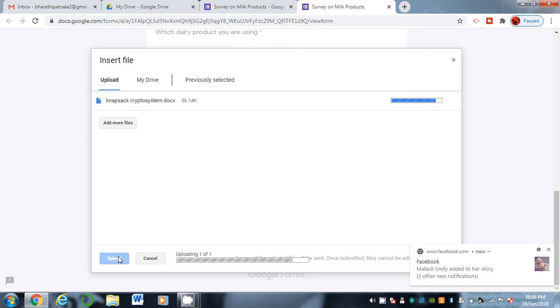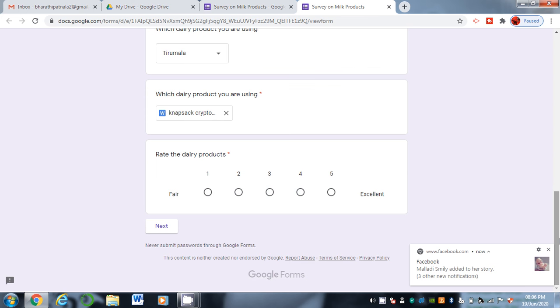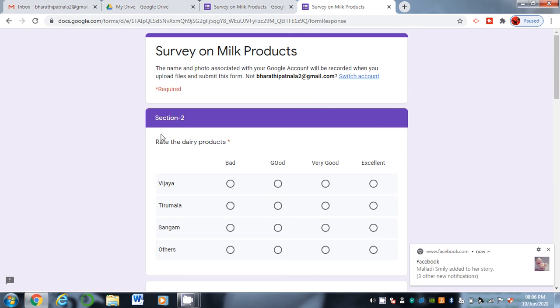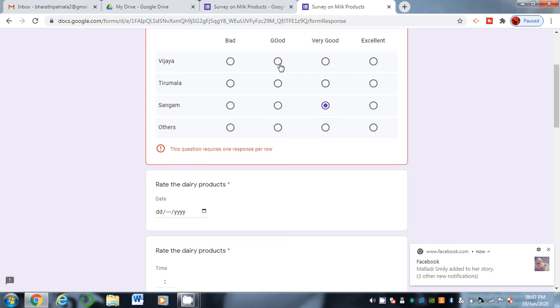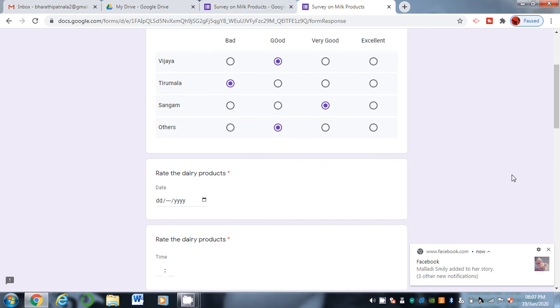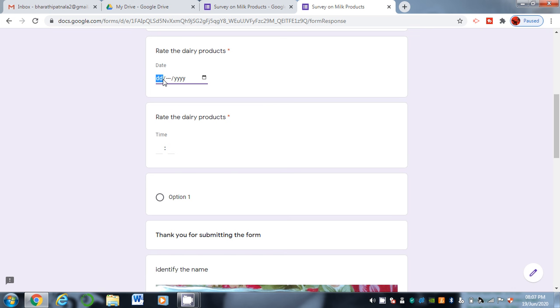Upload it, and also rate the products, and you can go to the next section. Click the next button, and it automatically goes to section 2. Here you can submit some answers and give the date.